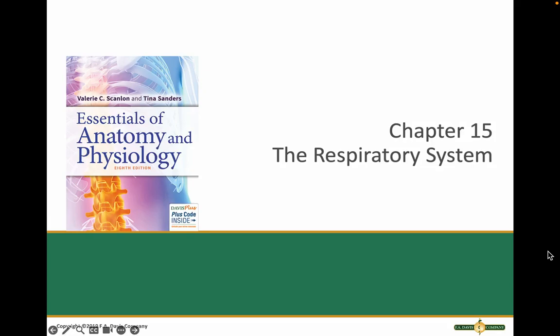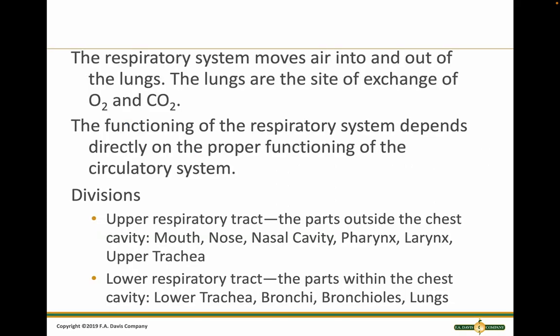Hi everyone. So this is chapter 15, the respiratory system. Remember, the respiratory system moves air into and out of the lungs. The lungs are the site of exchange for oxygen and carbon dioxide. The functioning depends directly on the proper functioning of the circulatory system, so the heart and the arteries and the